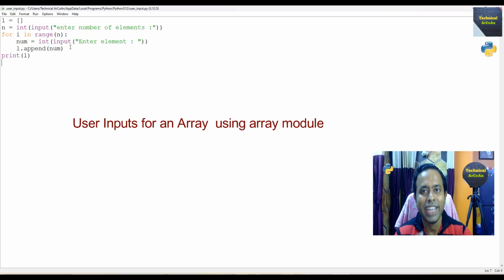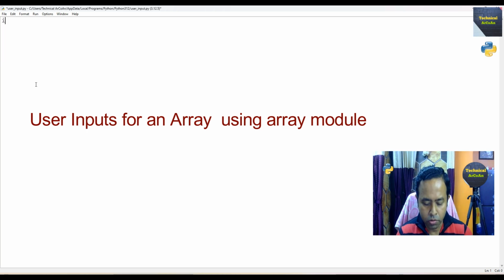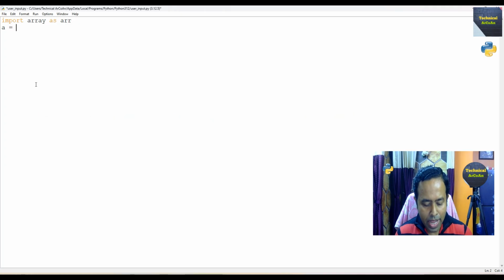We take inputs for an array using the array module, which is an inbuilt module in Python. So in that case, at first we import array as arr, we just create the alias. Then we create an empty array. We write a equals arr.array, and then write 'i' for integer, and then put a blank square bracket